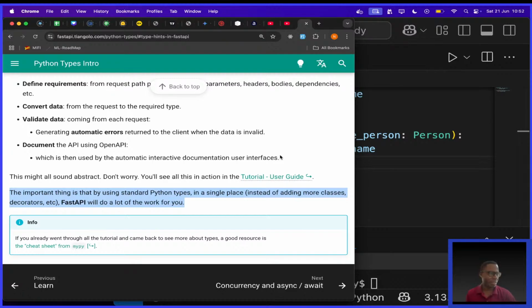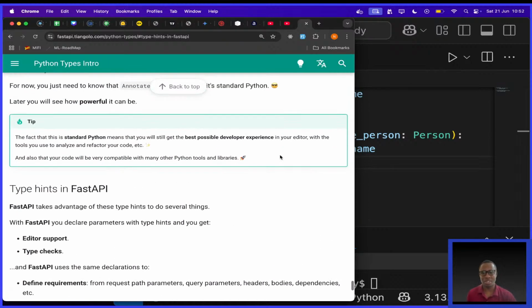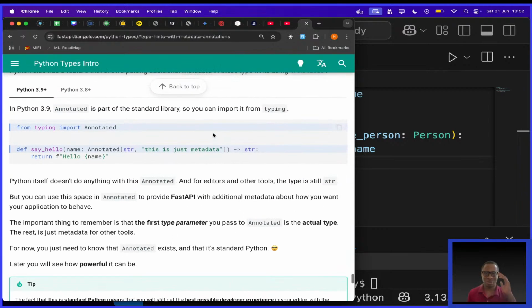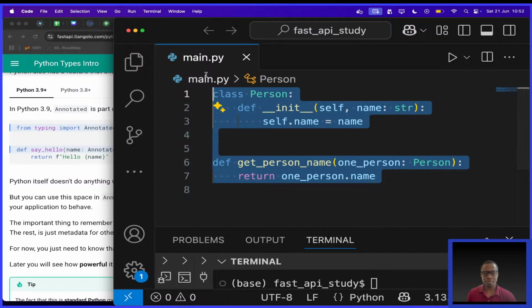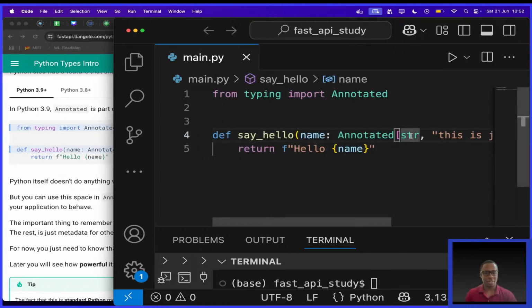str is the type and the rest is external info. Yes, that's correct, Daniel. I think your comment is about the annotation. Sorry, sometimes when I'm concentrated here, my mind is not on the chat, but yeah, you're referring to this. str is the actual type and the rest is just external info. For example, if I copy this and paste it here, and I change this to int, the type of Annotated is actually int. This one is just information about this, which can be used by editors, maybe for documentation or whatever.